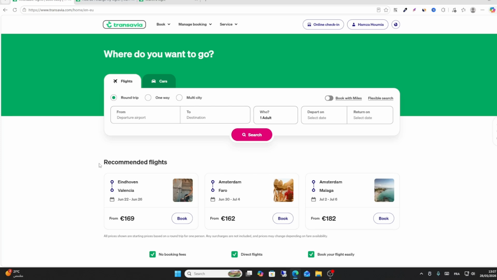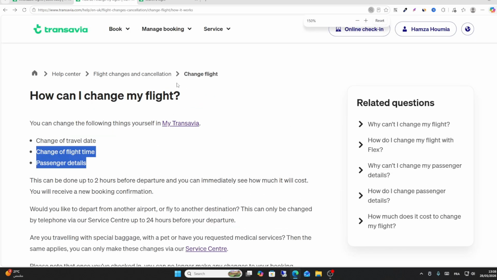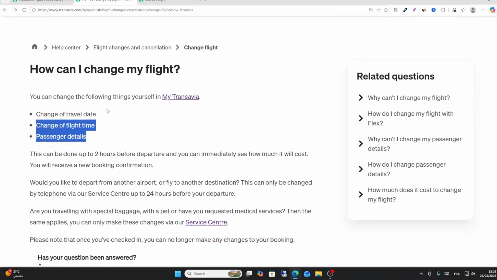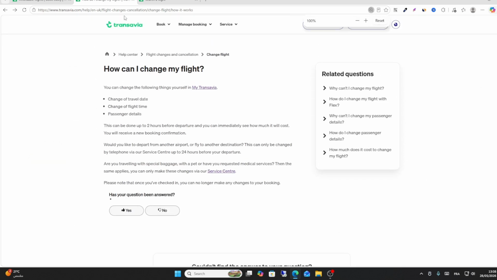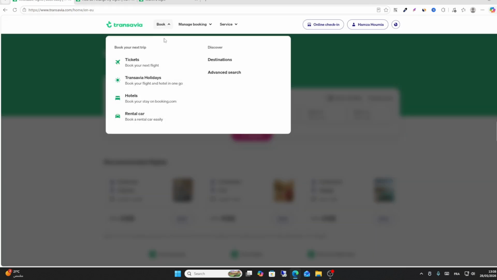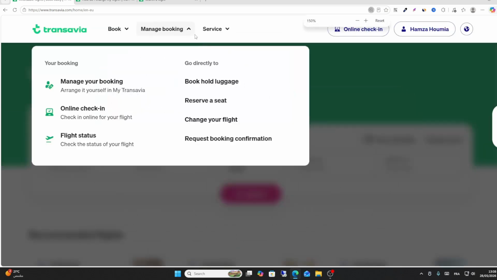Friends, I will show you step by step how you can change your flight date in Transavia flights. So if you want to change your flight date, you can change your travel date, passenger and flight time by following simple steps. All you have to do is go to your booking, go to the manage your booking option, and then